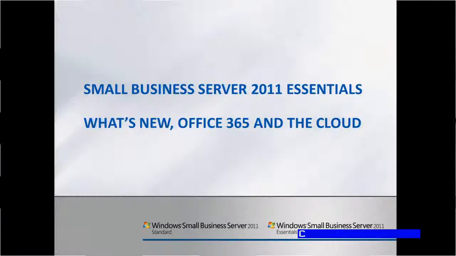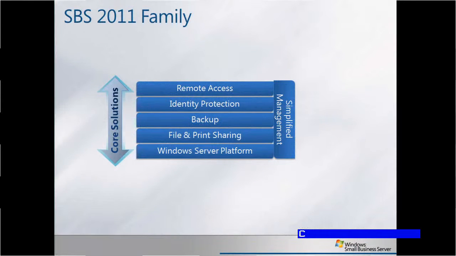So, quick introduction. Standard SBS Premium today provides the additional servers that used to be in the Premium package. We used to offer, and we still do with the new Premium, a copy of Windows Server Standard and a copy of SQL for Small Business. That's for those businesses that need some of the features that come in Windows Server Standard, such as remote desktop and the capability to use application virtualization, or if you've got a line of business app that needs SQL Server. There are several features that you can't run directly on SBS that you might want to run on a second